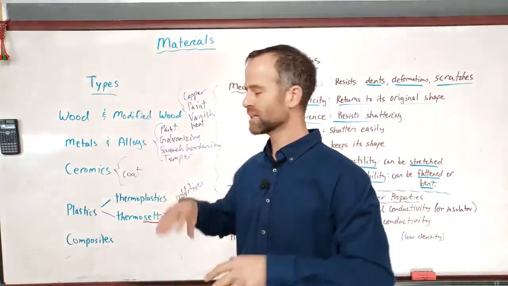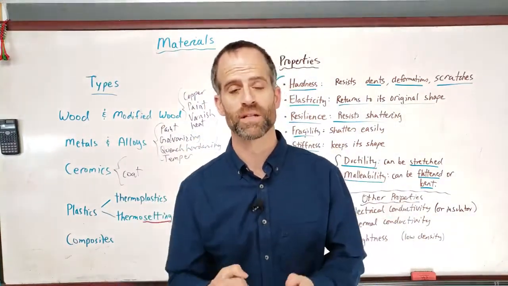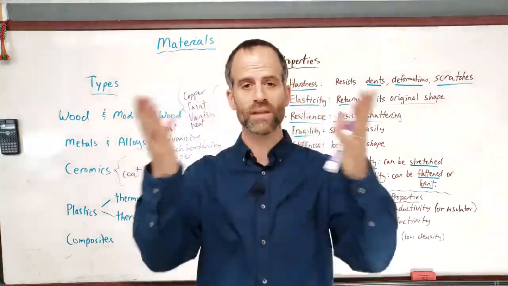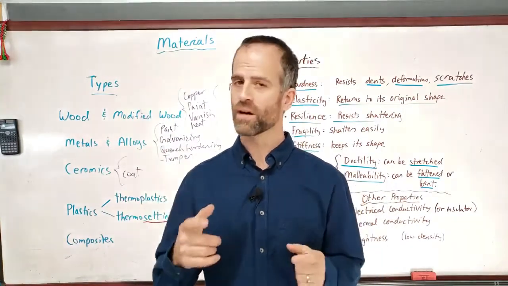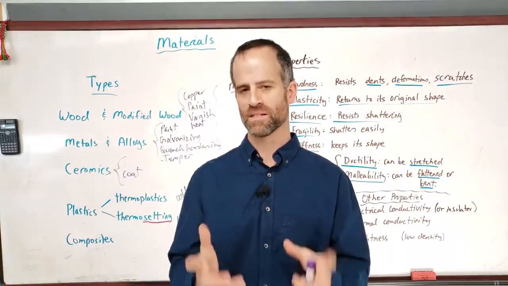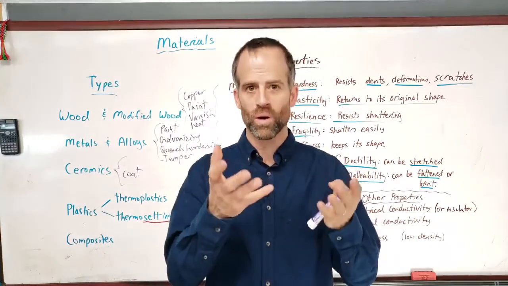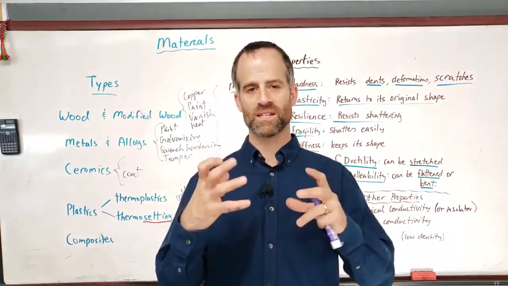So basically, that's the idea. We modify the properties of materials to get what we want, to make it the way we want. And everything around you that has been designed by some humans, a lot of thought went into how can they make that material as good as we can for what we're using it. So the case of your cell phone, they've made it so that it's light,